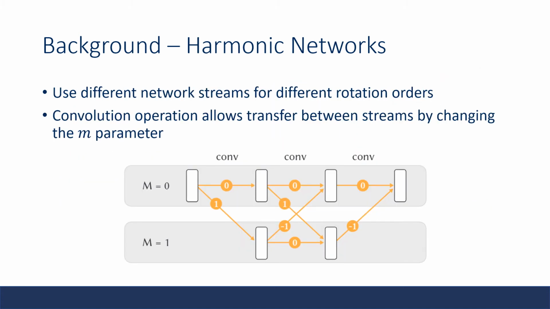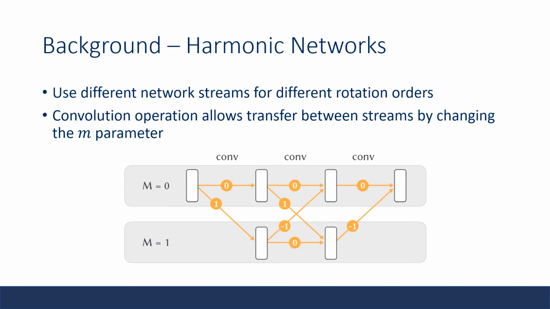Intuitively, we can see that the two different convolution kernels can capture two different types of information. In harmonic networks, this is formulated by having two different streams: the m equals 0 stream, which corresponds to rotation invariant, and the m equals 1 stream, which corresponds to rotation equivariant. Here they have convolutions both through the streams and between the streams, and use this to capture the two layers